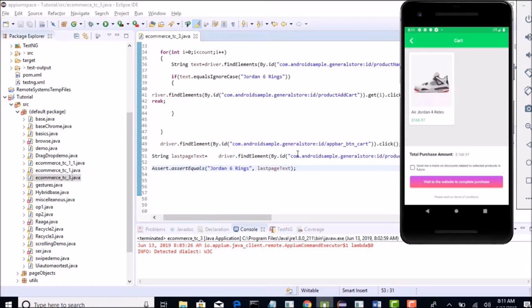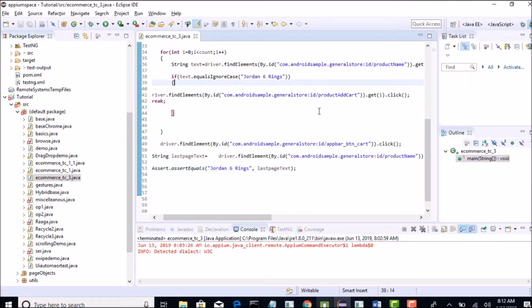Okay. So in the last lecture we just completed the automation flow, but there is no validation there. That validation we have put now on line number 53 by grabbing this text and the previous text and putting an assertion between them. Okay. So if something is wrong, it will fail. If not, it passes. That is it. You just need to run this, and we already confirmed that it is working, so you need not run it again. So that is about comparison with assertion.